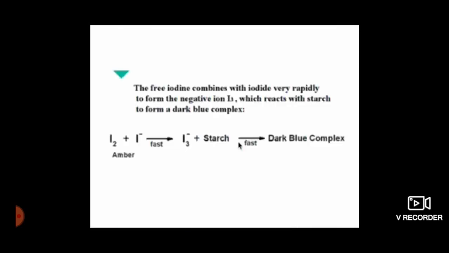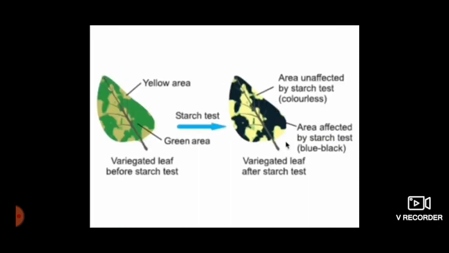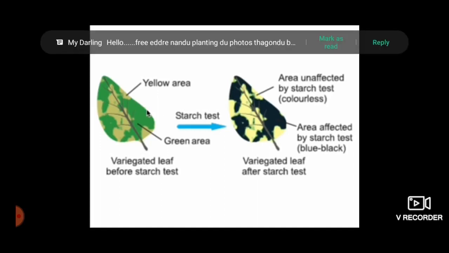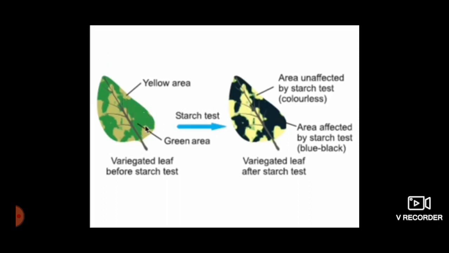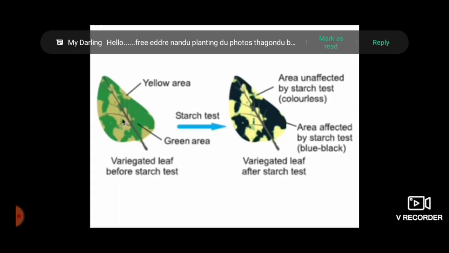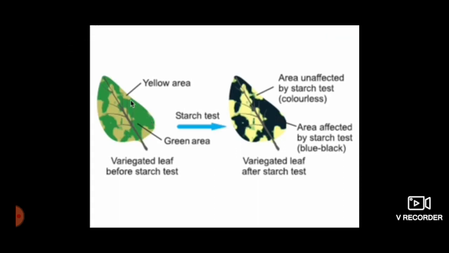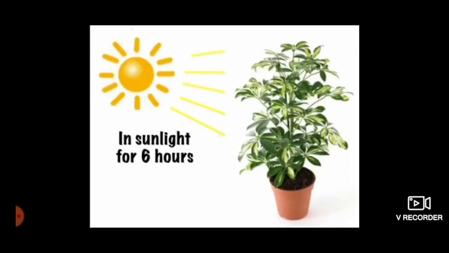And this I3 complex then reacts with starch to form a bigger dark blue complex, which appears here as a dark blue color. So whichever portion, green or yellow, has starch stored in it will react with iodine to turn blue-black. And we can see here that the green patches have turned blue-black but not the yellow patches. That means the starch was stored in these green patches. That means these green patches were able to do photosynthesis in those 6 hours of sunlight,